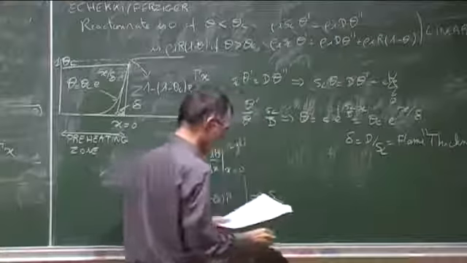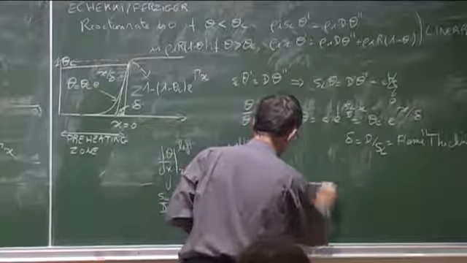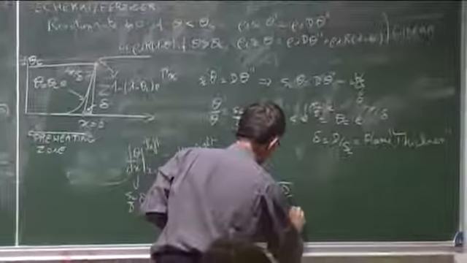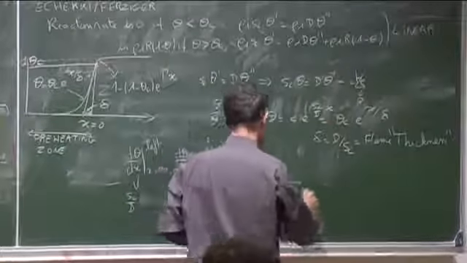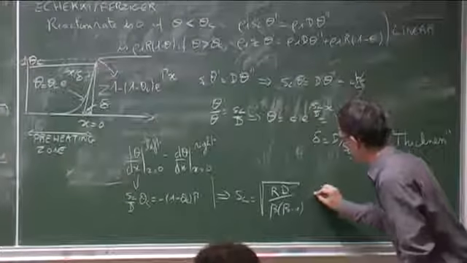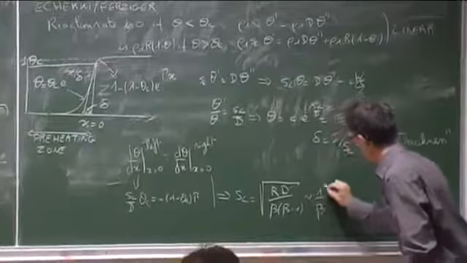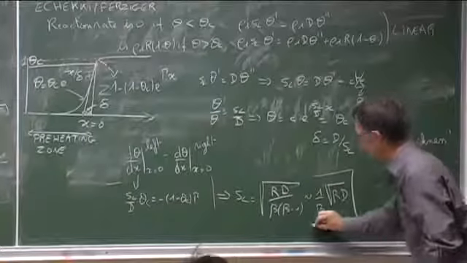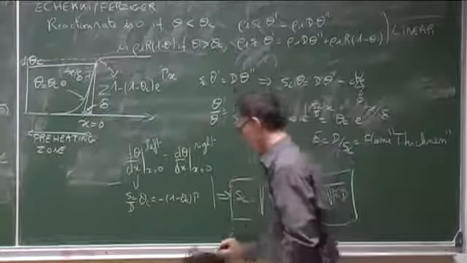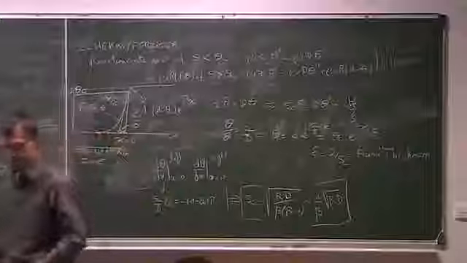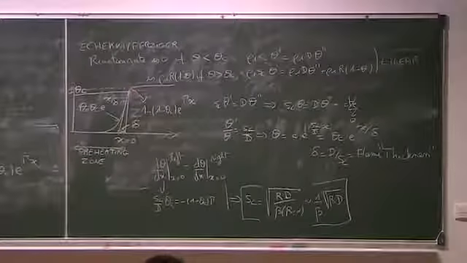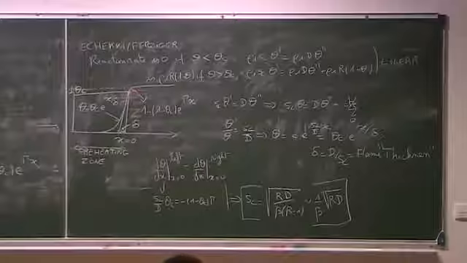SL, and that's the important result here, is equal to the square root of RD divided by beta multiplied by beta minus 1, which is almost equal to 1 over beta times the square root of RD. And that's the end of the demo. Why is it important? Well, it tells you why your flame is moving.